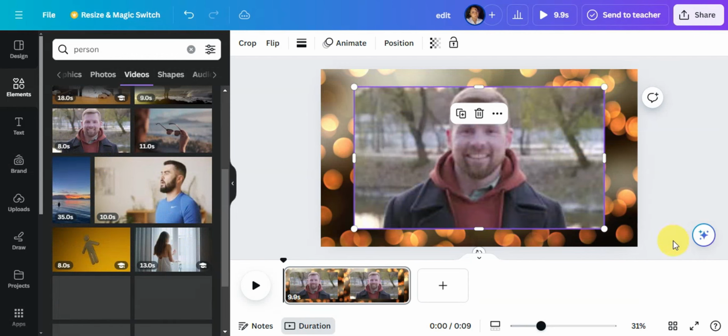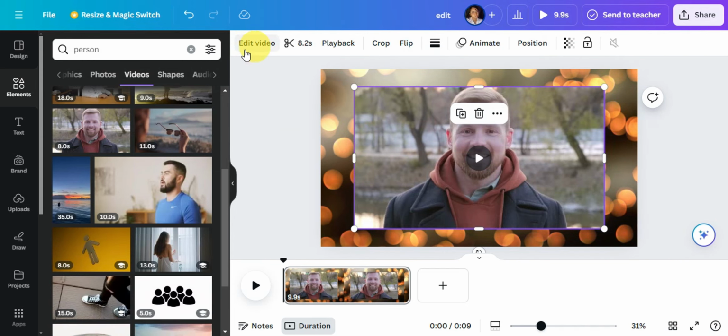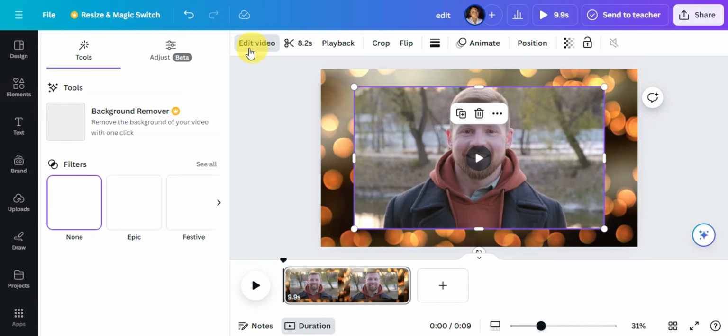And once it is added, to go ahead and add in the green screen effect, you'll just have to simply click onto that. And then you should be able to find an option to edit the video. So click onto edit video. And here under tools, you should be able to find the background remover to remove the background of your video with one click. So if you click onto that, it should go ahead and remove the background of the video